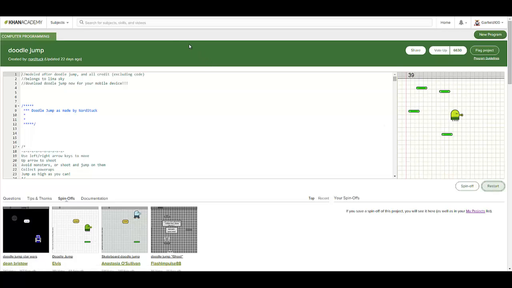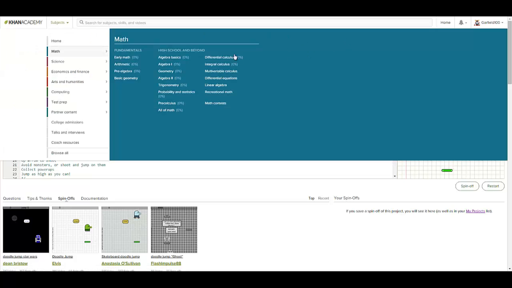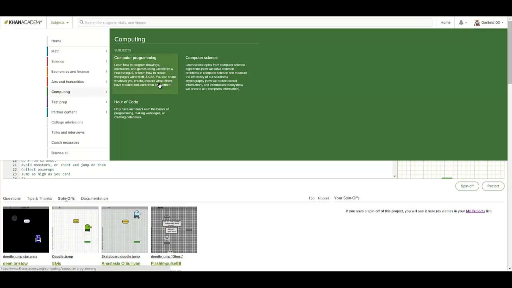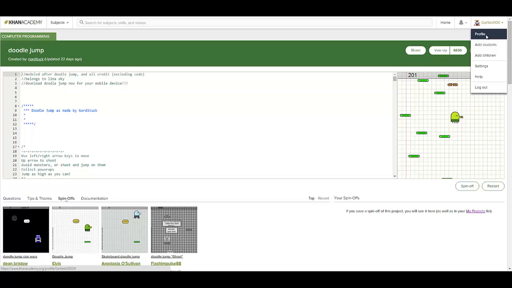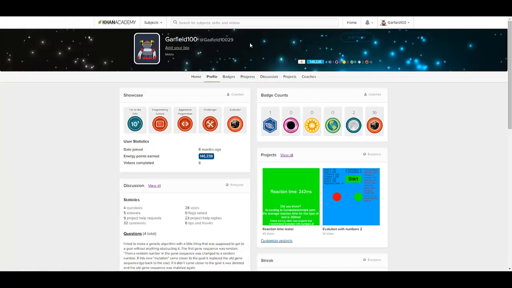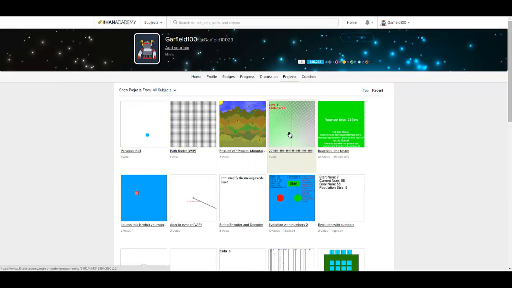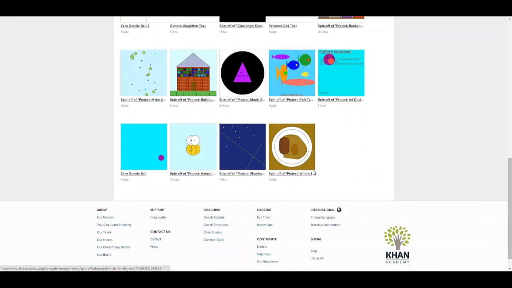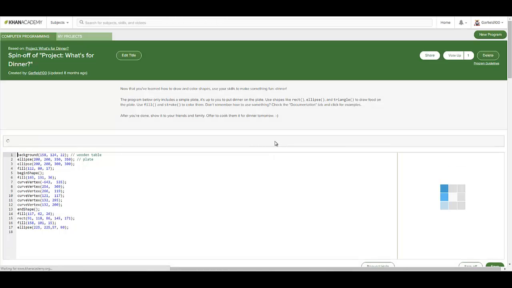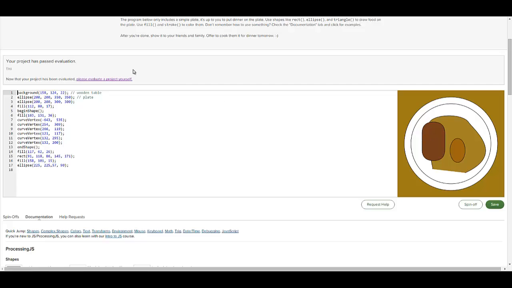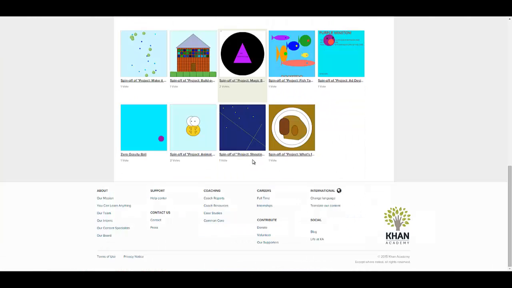Oh well. You can look at what other people made, and you can program yourself. So if we go back to my profile here, we can take a look at my programs. Now, I've made quite a lot of them. These are some of the earlier ones, just very simple. This is literally just a bit of food, the very first project that we are supposed to make.